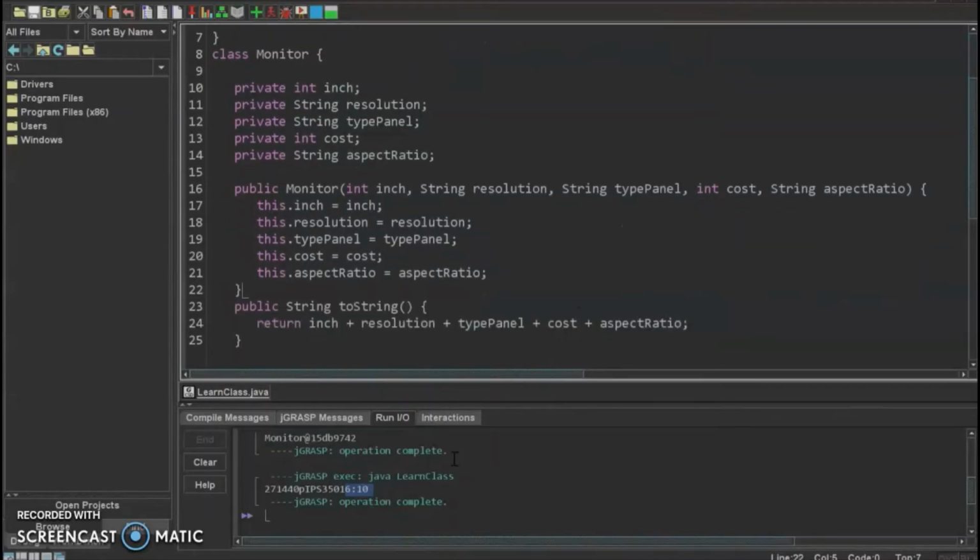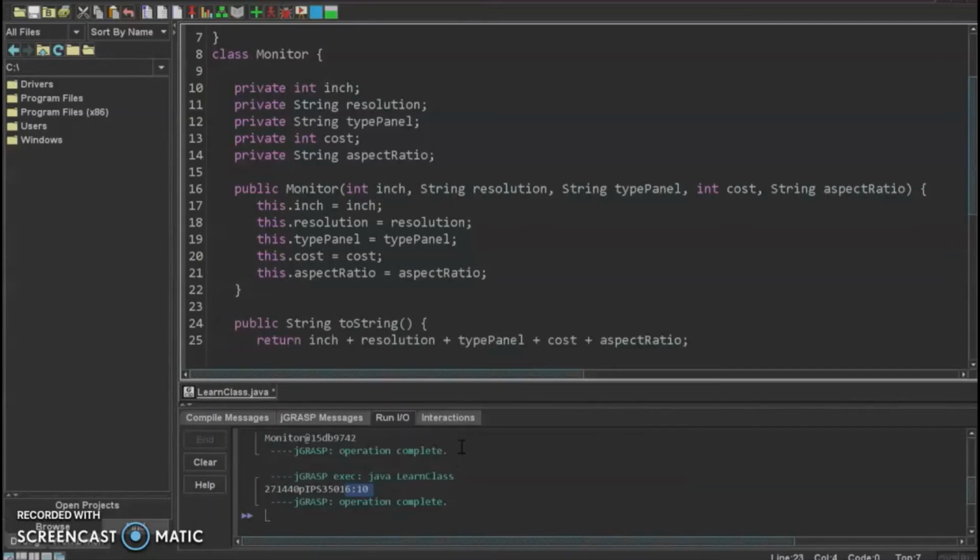But look, here's the best thing about classes, you can also add methods, okay? So we'll name this public void boss. We'll name it boss. And we'll have an if statement. Basically, this is just simple coding that you learned back then. So we'll have if cost is greater than $500, 500